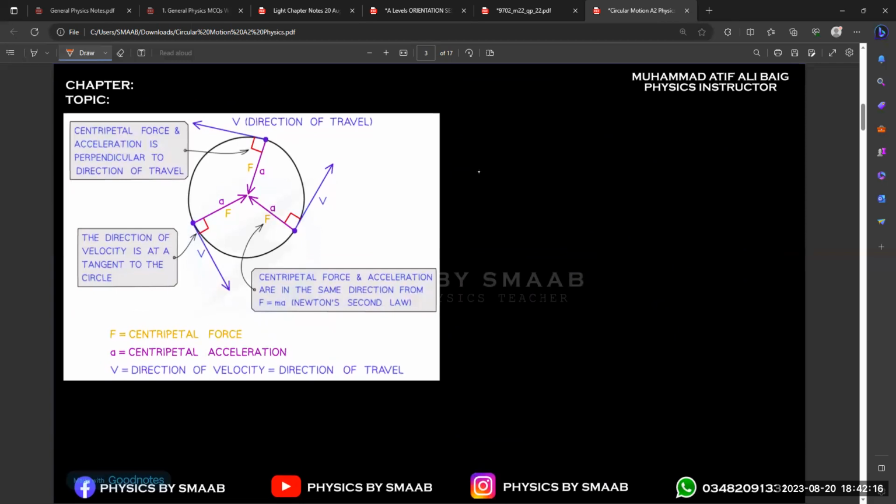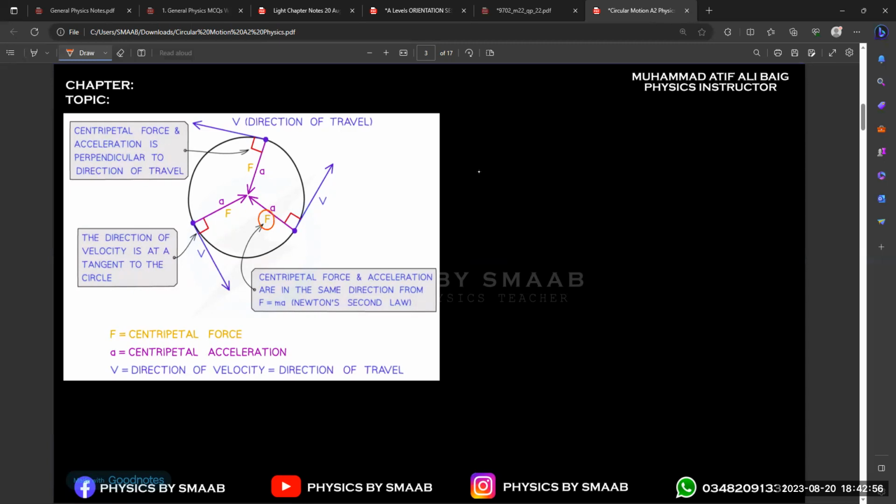So that is the thing we were talking about in the previous section, why acceleration is produced in your motion when your speed is constant. If you remember at IGCSE level, we used to discuss finding the direction of the resultant force. And in those questions with circular motion, the direction is always towards the center of the circle. So in centripetal acceleration, or if we talk about the direction of the resultant force, you can see that